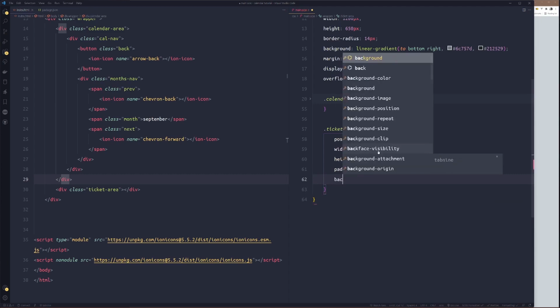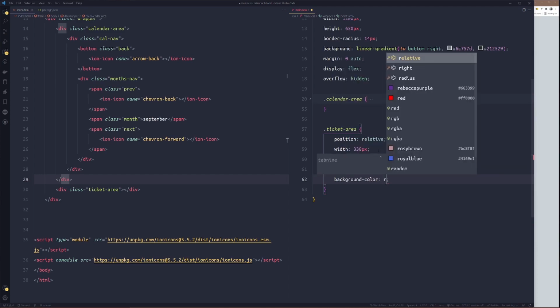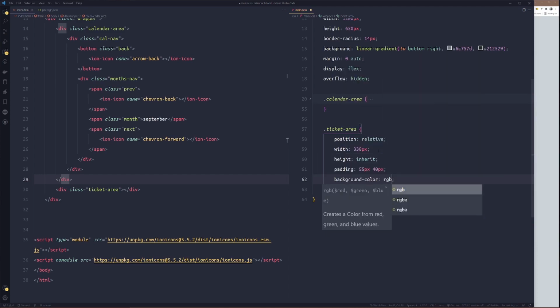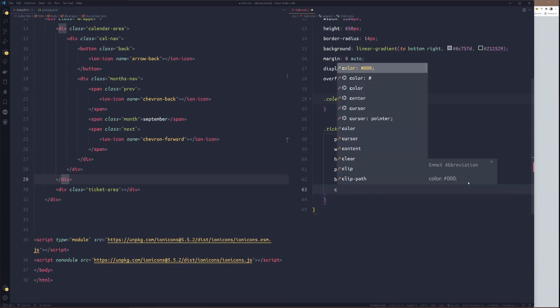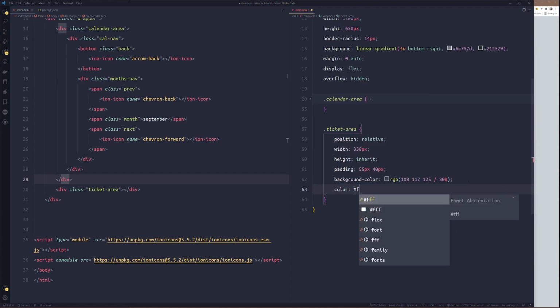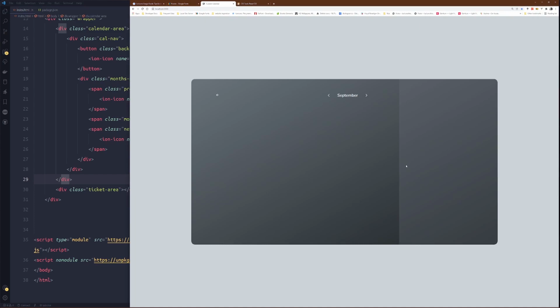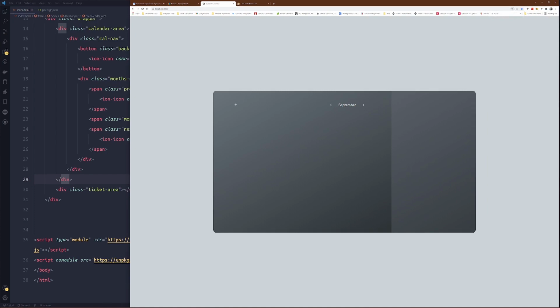We'll set the background color. RGB, because I want to fade the background. So RGB 108 117 125 slash 30%. All right. Then we just set the color to white. So now here we'll leave this one first. And now we don't get the level. Okay.